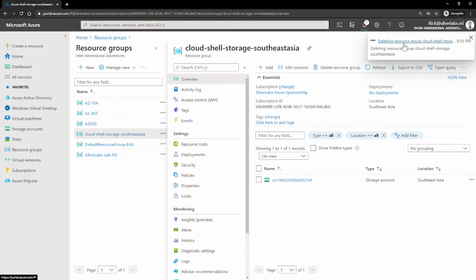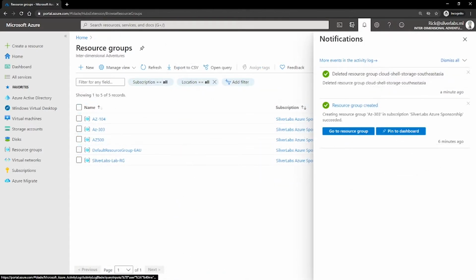Now it is deleting this resource group. Organizing resources by lifecycle can be useful in non-production environments where you might try an experiment but then dispose of it when done. And resource groups make it easy to remove a set of resources all at once. As you can see, my resource group is just deleted.